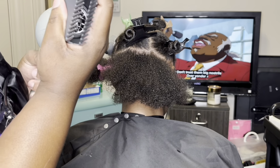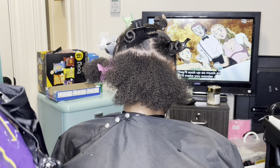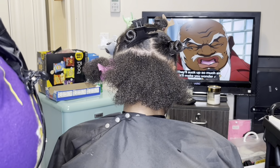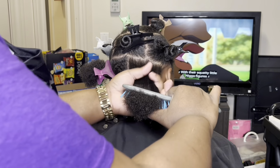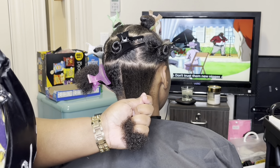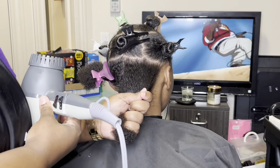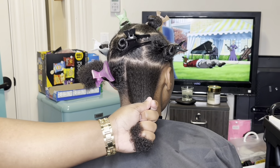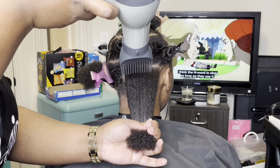It doesn't matter. So first thing I'm going to do is remove that nozzle that was on there, and I'm going to put the comb attachment on her hair. And anytime you're going to blow dry your client's hair, I feel the best method, regardless of what tool you use to blow dry the hair, is going to be the tension method, which is what I'm doing right now, where you saw me detangle her hair, hold the hair taut at a stretched variable,